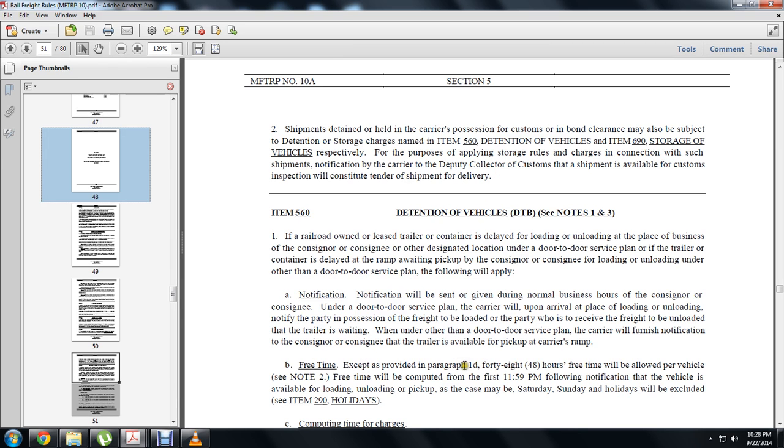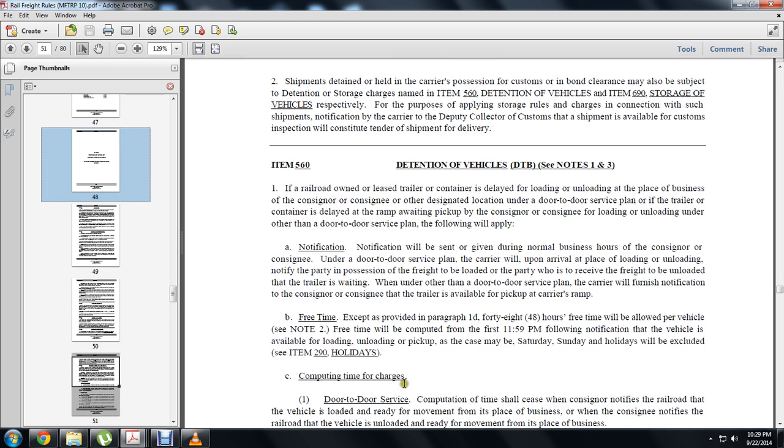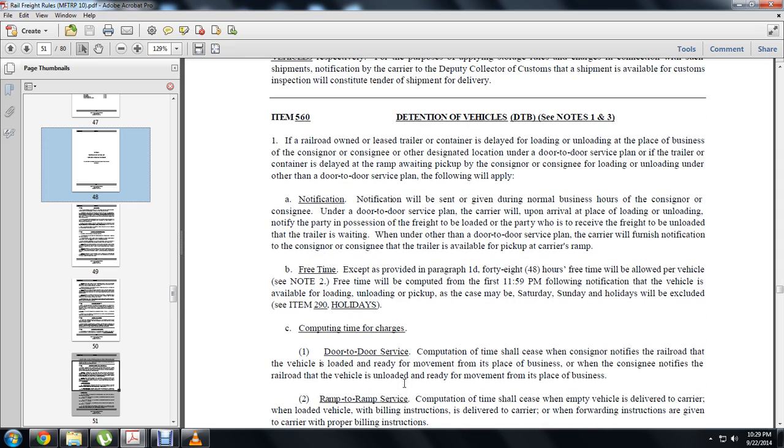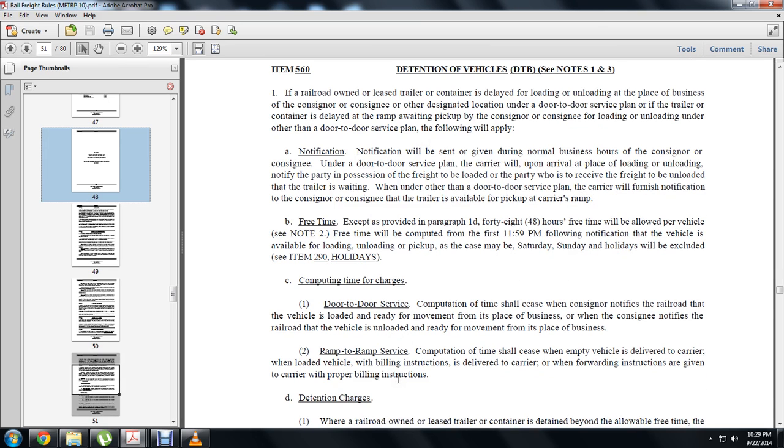Free time, except as provided in paragraph 1D, is 48 hours per vehicle. Note that free time will be computed from the first 2359 hours following notification that the vehicle is available for loading, unloading, and pickup. Saturdays, Sundays, and holidays will be excluded. For door service, computation of time and charges shall cease when the consignor notifies the railroad that the vehicle is loaded and ready for movement from the place of business, and the consignee notifies the railroad that the vehicle is unloaded and ready for movement from the place of business. For ramp to ramp, computation of time shall cease